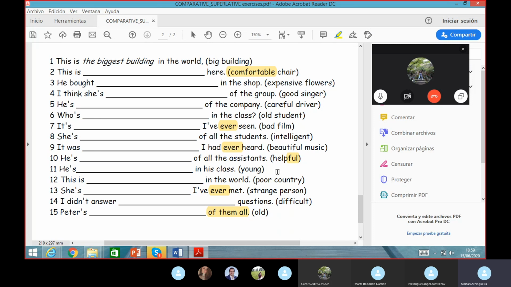Ya está. O sea, ya no hay más de comparativos y superlativos. Yo soy práctica. Esto es lo que vamos a hacer con la gramática, chicos, con todo lo que veamos. Os voy a explicar la teoría, vais a hacer un poco de ejercicios y ya está, porque este curso es hasta julio. Son 2 meses y tenemos que ver muchas cosas, ¿vale? Entonces va a ser así. Si alguien algún día tiene dudas pues lo repito, ¿vale? En la clase siguiente o lo que sea.